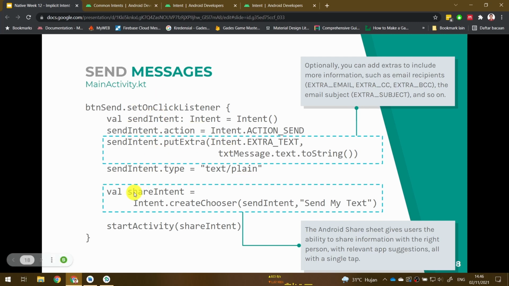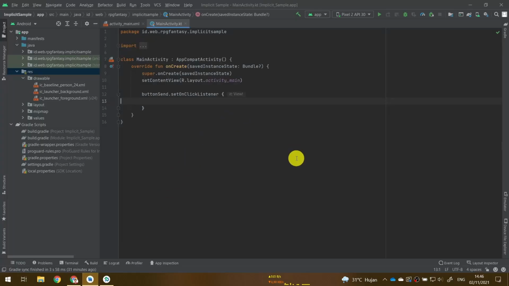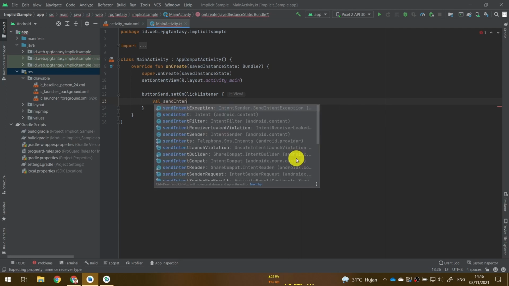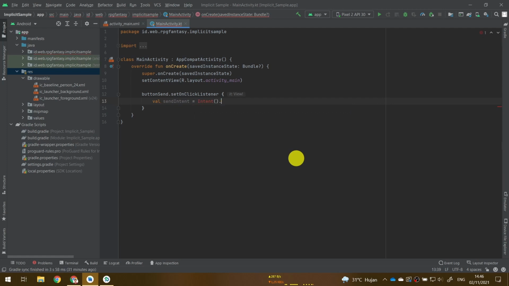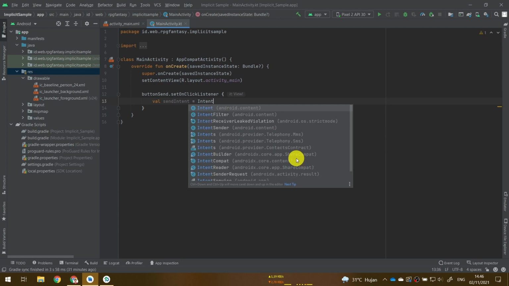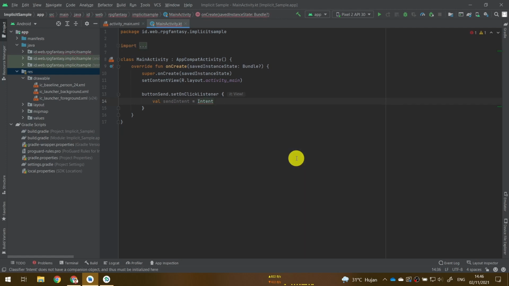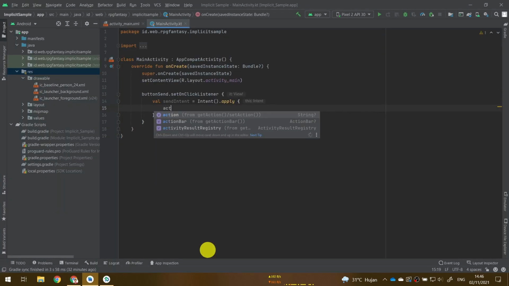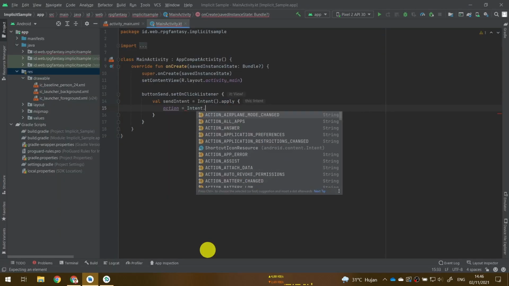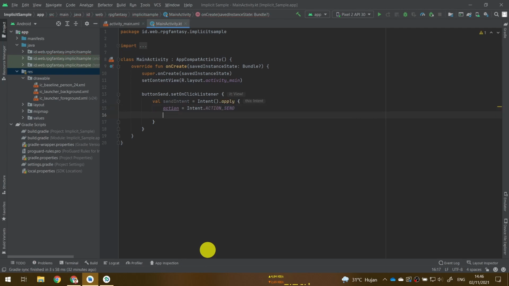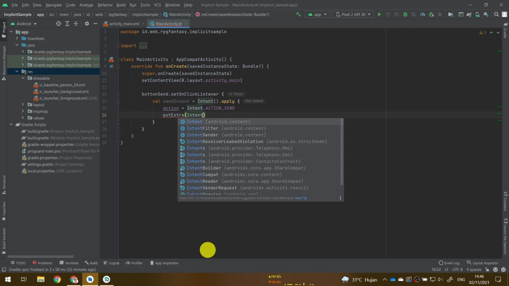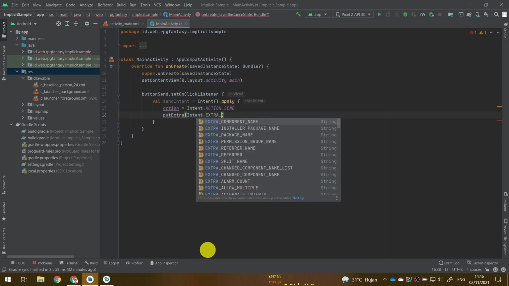Okay, let's try to code this. I will create a val send intent equals to intent, and, oh sorry, we must import the intent package. I will change it immediately with apply. The action is intent send, action send, and the put extra, let's use intent dot extra text,